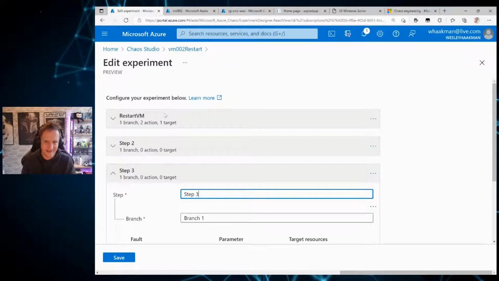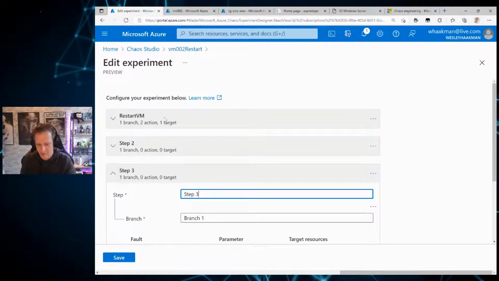So I've got a lot of options here, but normally within an experiment, you would do the logical grouping of the workloads you want to test, and you want to have different steps for the different types of testing you want to do. So I would always put restarting VM in a different step, and probably maybe even in the last step. So if you think that a bit through,